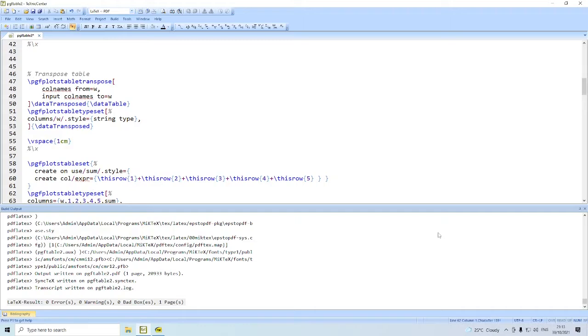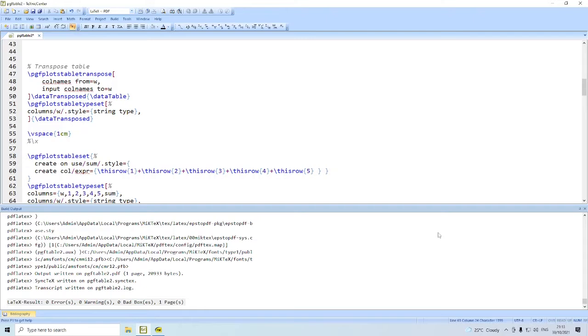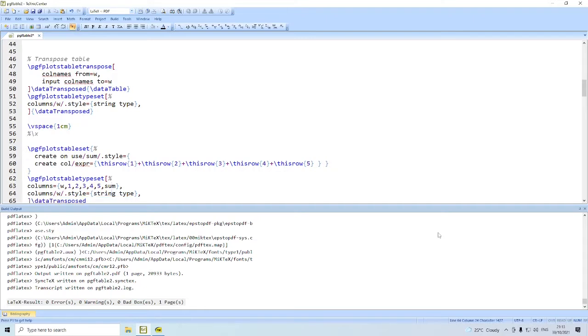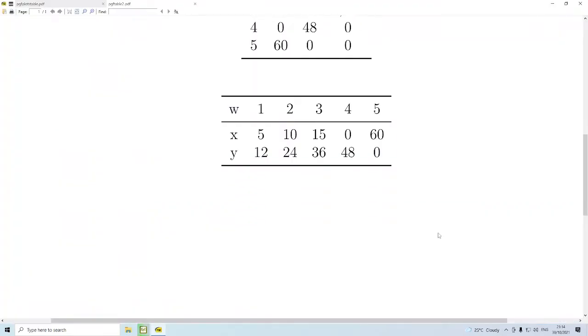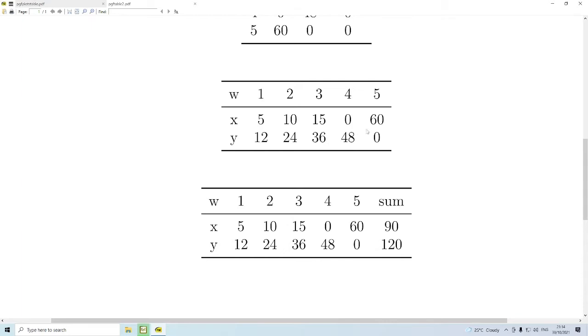And we typeset the table, pgfplotstabletypeset with columns W, 1, 2, 3, 4, 5 and then sum. And again remember to use for the first column the style is string type. And you will find for this table we have added one more column which contains the sum of the values in the previous 5 columns like this.